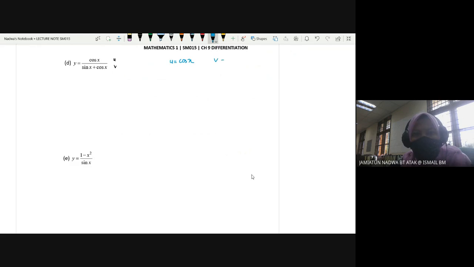And v equals to sin x plus cos x. U prime equals to negative sin x. Kalau saya salah kira, terus betulkan ya. Sin differentiate dapat cos x, cos differentiate dapat negative sin. Okay, like that. So kita akan masukkan dalam formula quotient rule dy dx equals to vu prime